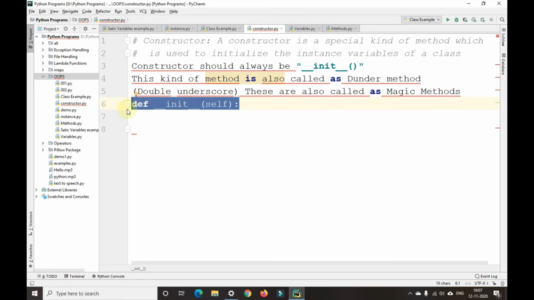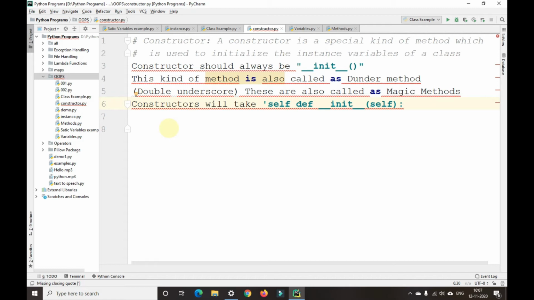As I've told you, constructors will take self as the default argument or default parameter.